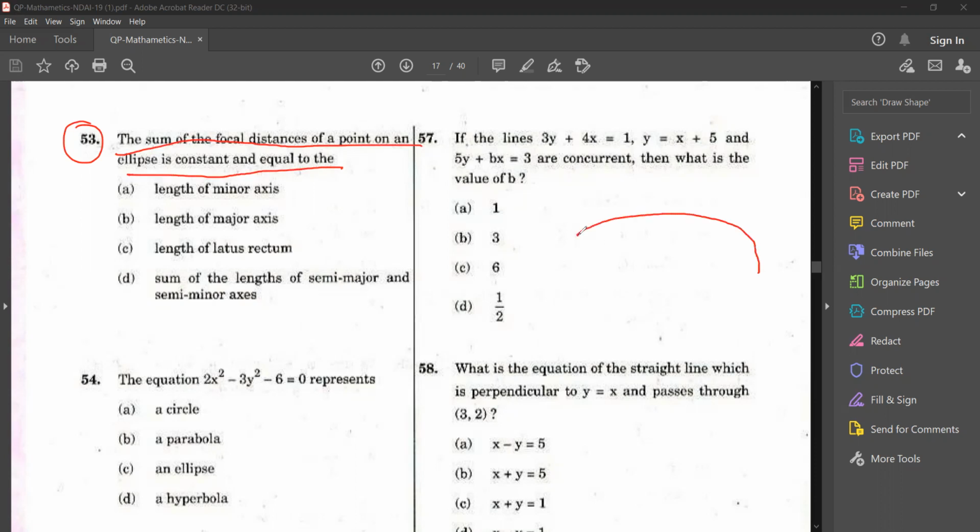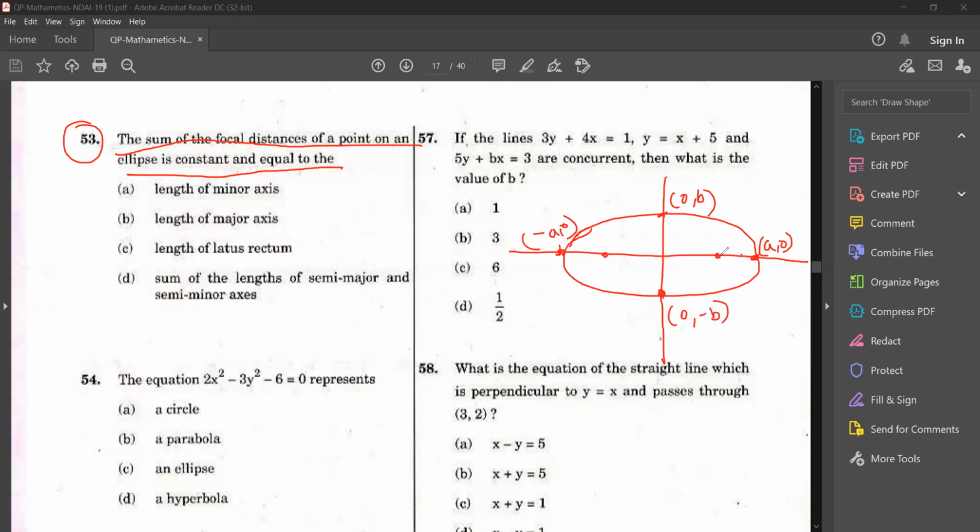First of all, I'm drawing here. This is an ellipse. I'm just explaining to you what an ellipse is. An ellipse will have a minor axis and a major axis. The major axis has its endpoints, which we call the vertices, as a, 0 and minus a, 0. Then here we have 0, b and 0, minus b, the ends of the minor axis. Then we have two foci, minus c, 0 and c, 0.